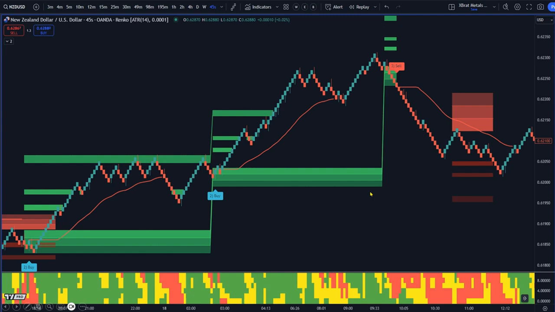So this is another normal example for Forex traders. This is New Zealand US dollar. Again, I'm using the ATR 14 Renko 45-second chart. Although it says 45 seconds, some of these bricks can take 5, 10, 15 minutes, depending on the time of the day. But this is what we'd call a typical day